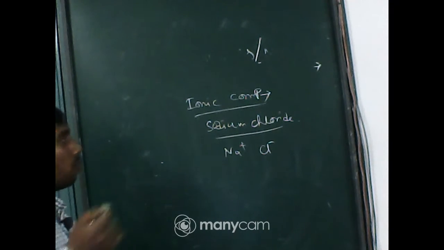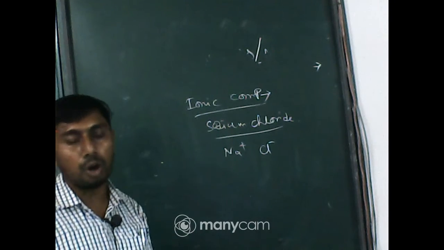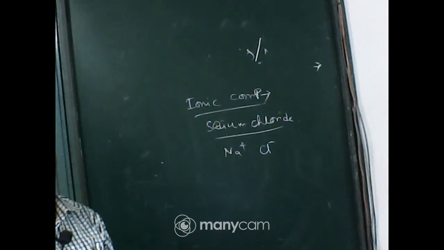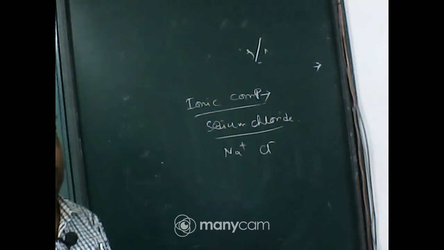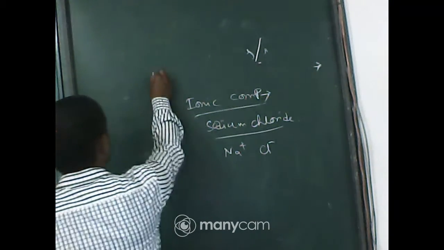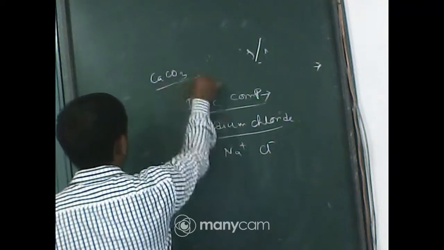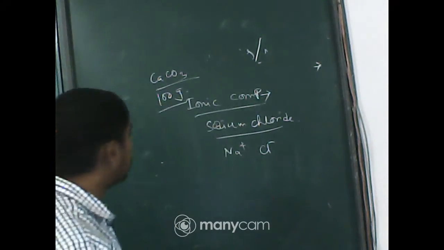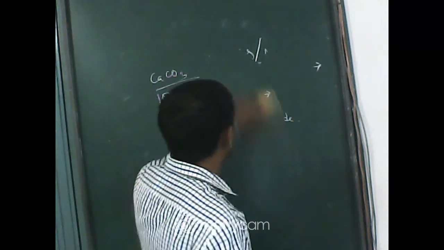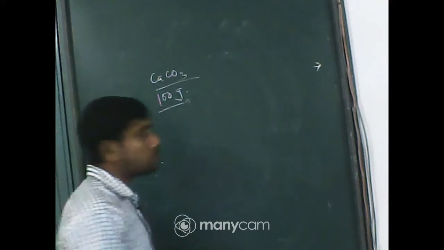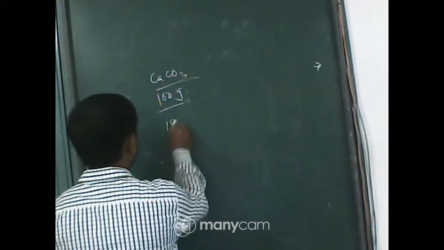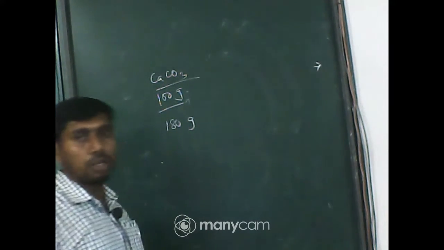So in 1 molar mass, how many atoms or molecules are there? Suppose in calcium carbonate, we have calculated it equal to 100 grams. So in 100 grams, how many molecules of calcium carbonate are there, or in 180 grams, how many molecules of